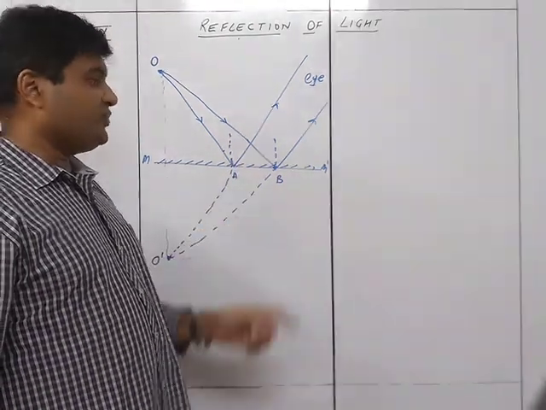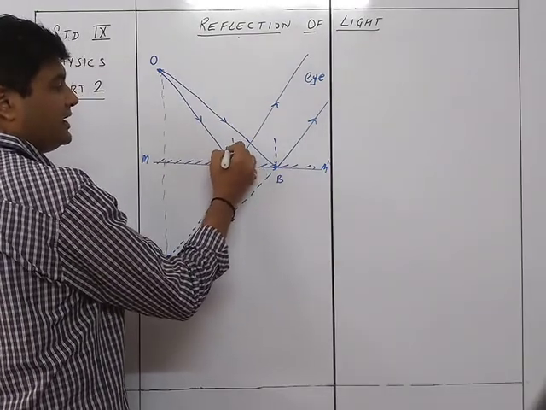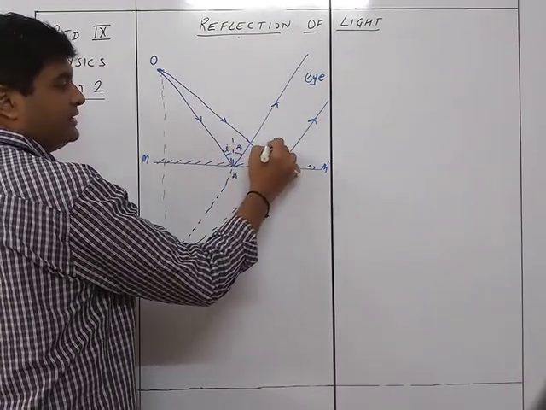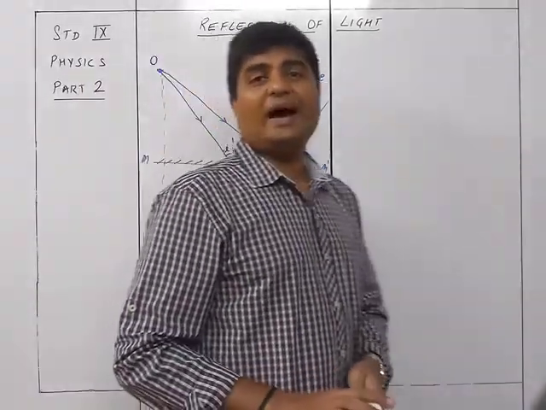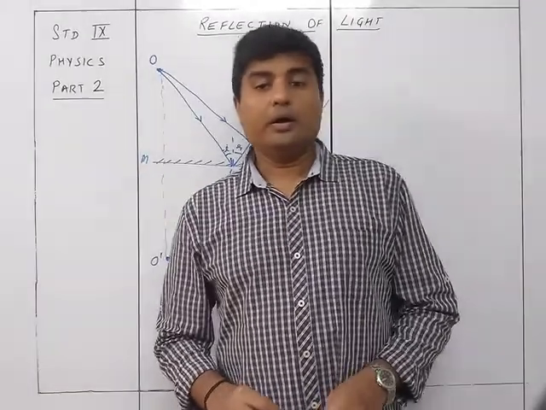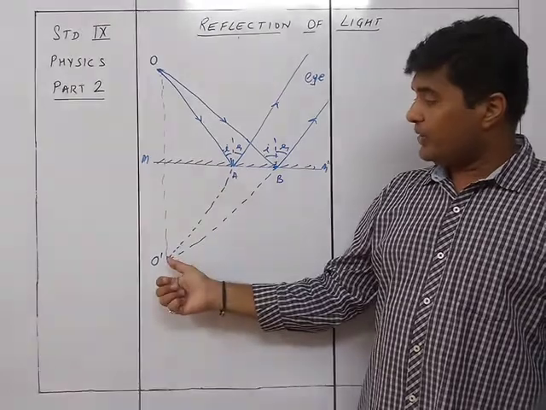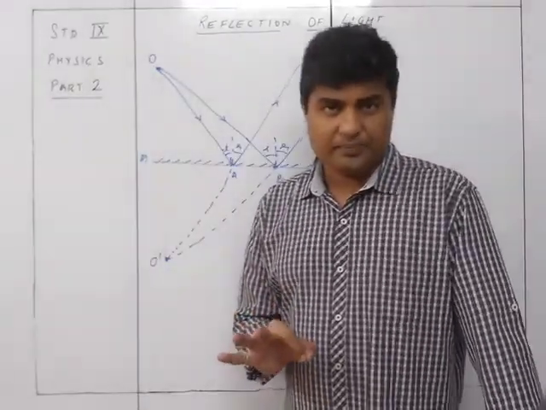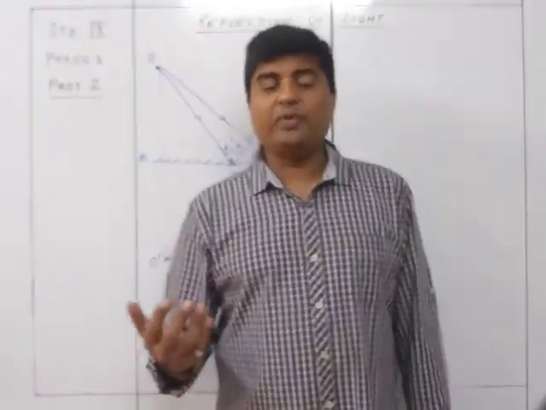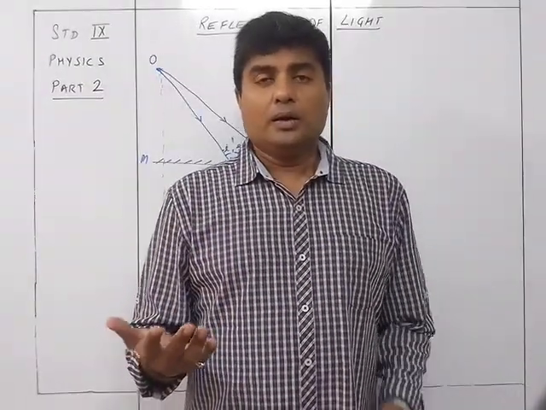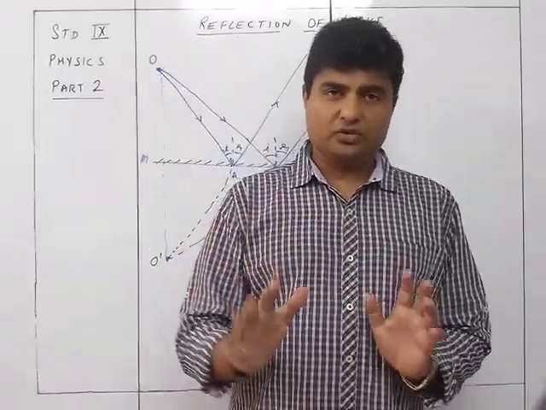Was the earlier figure and this figure the same? Yes, because here also you will find that the incident angle will be equal to the reflected angle. This incident angle will be equal to the reflected angle. Understood? So we are saving by not trying to measure the angles over here. We are going to get the angles automatically. Okay? They will be automatically available to you. In fact, in the later part, we will not even draw the normal. We will not draw the normal at all. We are just going to draw it as if there is no normal required.